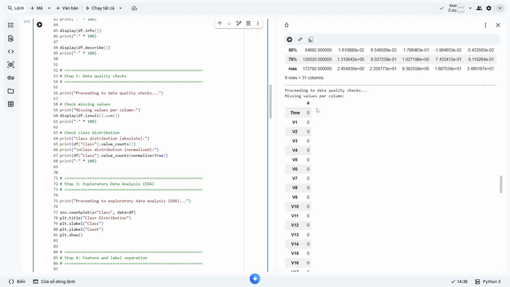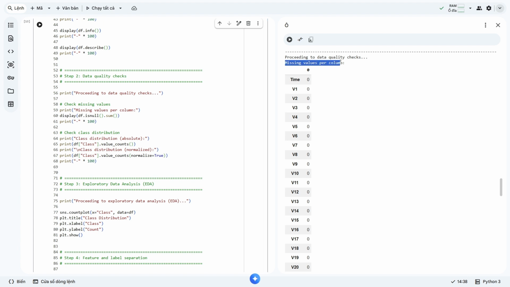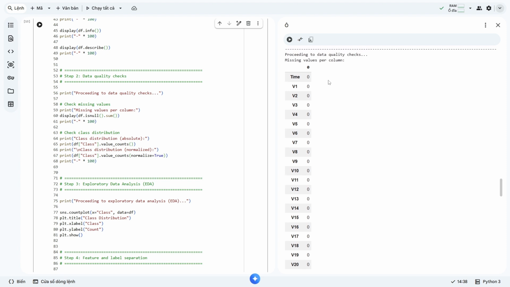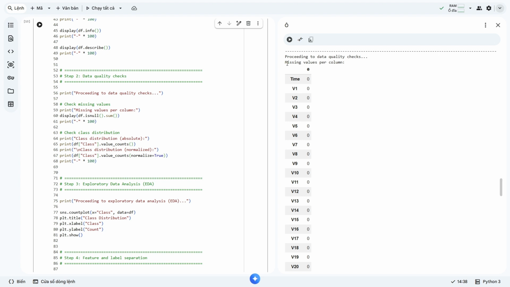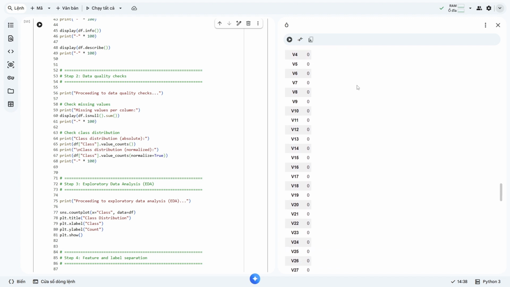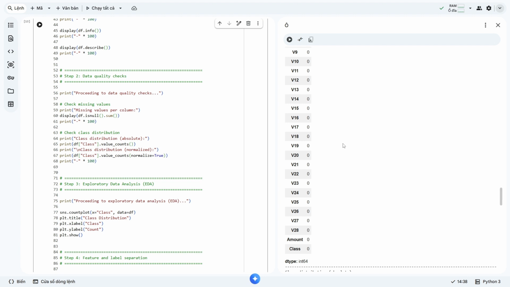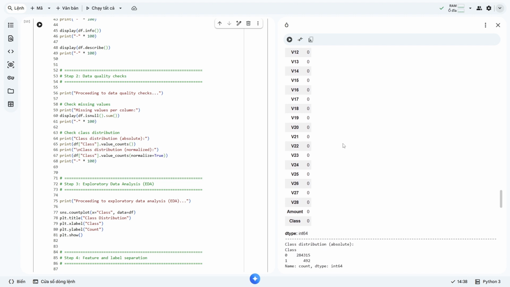Now, before we get to the scary imbalance part, I have to point out something in step 2 that gave me this bizarre sense of satisfaction. The data quality check. A wall of zeros. Yes. The execution log lists missing values per column for all 31 columns. And it is just 0, 0, 0, 0. It's the unicorn of data sets. I mean, in the real world, you spend 80% of your time fixing broken data, imputing missing ages, standardizing state abbreviations, dealing with nulls. Here, the data set is pristine. No imputation needed. None. Which means the team could focus entirely on the algorithmic strategy, and they needed to, because